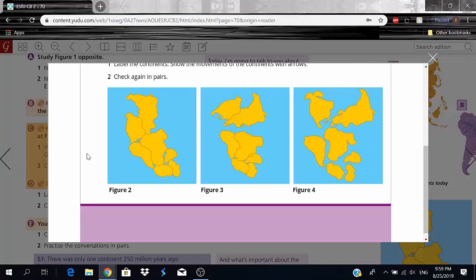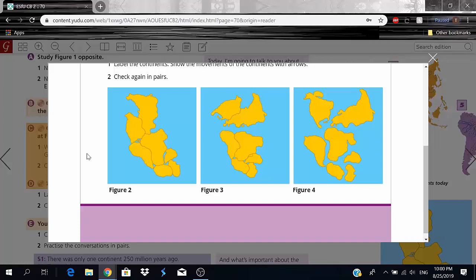Scientists called it Pangaea. The word Pangaea means all lands. Look at the figure. It is difficult to see today's continents. You can see this continent went from the north to the south. Around the continent there was one ocean called Panthalassa.